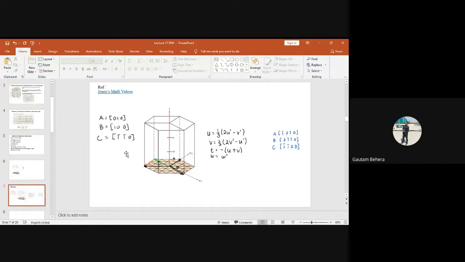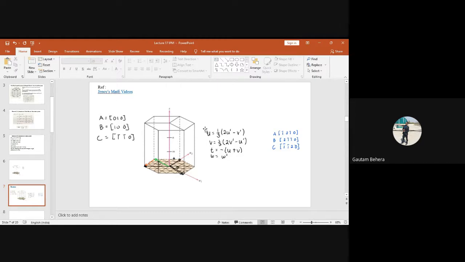So now, since this is a 4 coordinate system, as I told, it's a hexagonal crystal or hexagonal unit cell. This is a 4 coordinate system. We need to convert this 3 indices system to 4 indices system, or 3 coordinate system to 4 coordinate system. And you know the formula already, u, v, t, w. So that means this will be u dash, this will be v dash, this will be w dash, right? So you can use this formula simply, right? If you put the formula, 1 by 3, 2u dash, u dash is how much?